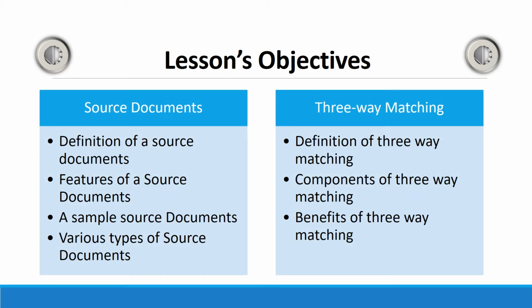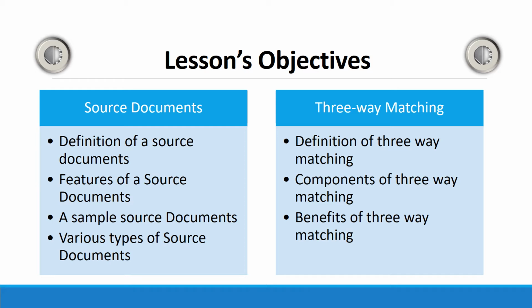Our objectives for this lesson are to learn about source documents and three-way matching. In source documents, we are going to define a source document, see the features of a source document, go through a sample source document and various types of source documents. In three-way matching, we are going to define three-way matching, go through the components of three-way matching, and the benefits